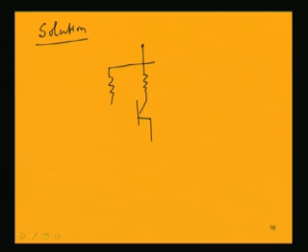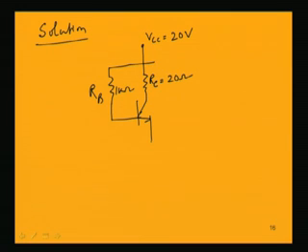This is a fixed bias circuit. It is a simple circuit using only a fixed resistance RB in the base, and that value is 1 kilo ohm. VCC is given as 20 volt, RC is 20 ohm, and the emitter is directly connected to ground, and we have a DC blocking capacitor,